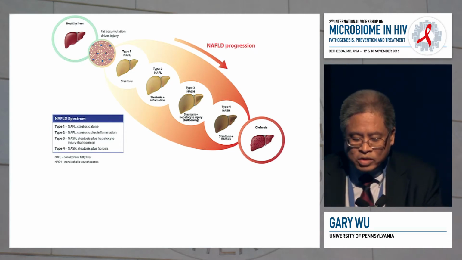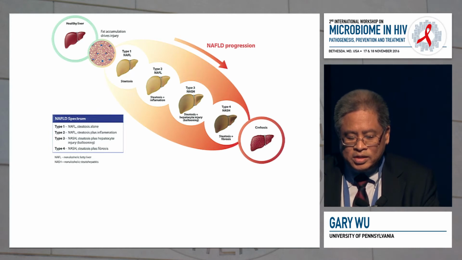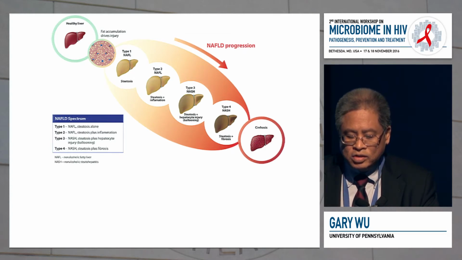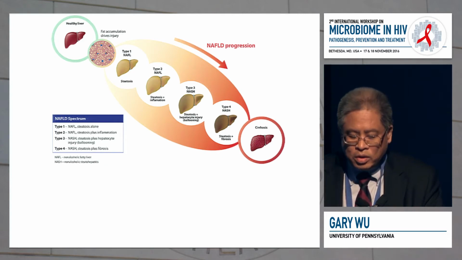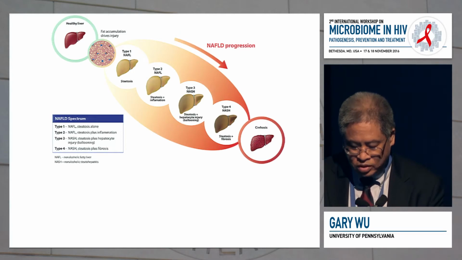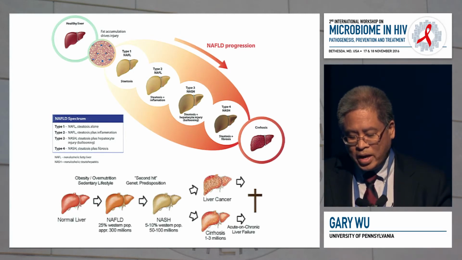So this is sort of a spectrum of disease. It begins as steatosis, just fat in the liver, which is remarkably benign. But for unknown reasons, certain individuals will begin to develop inflammation. And as we begin to see hepatocyte injury associated with inflammation, we develop another entity called non-alcoholic steatohepatitis, or NASH. That then leads to the progression of the disease and fibrosis, ultimately to cirrhosis, and increasing the risk for hepatocellular